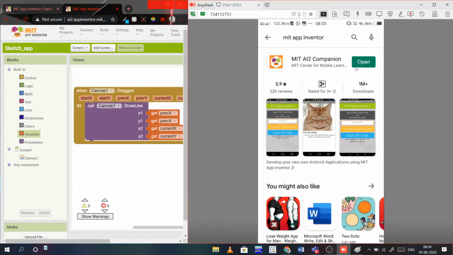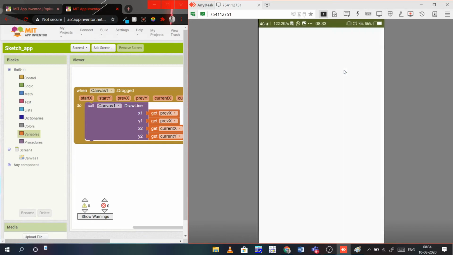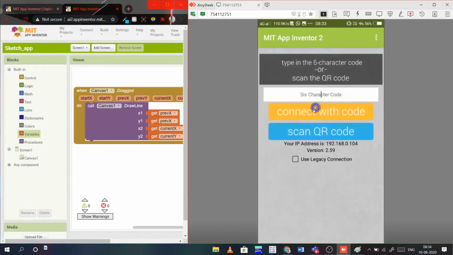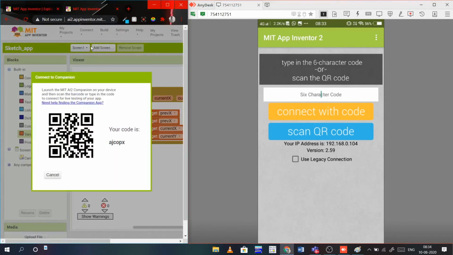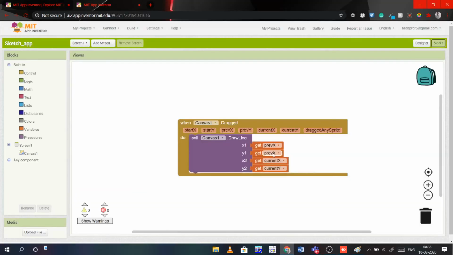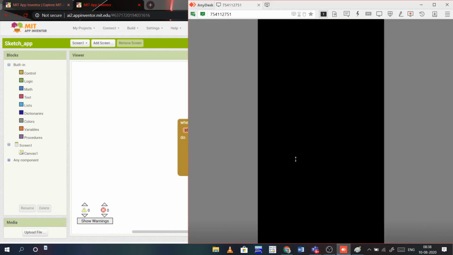So open it. It will ask to connect with code, scan QR code. If you just want to see the preview, here go to connect AI companion. Then you have to scan. I have kept previous x only, so you have to change it to previous y. Sorry. Now let's check it.